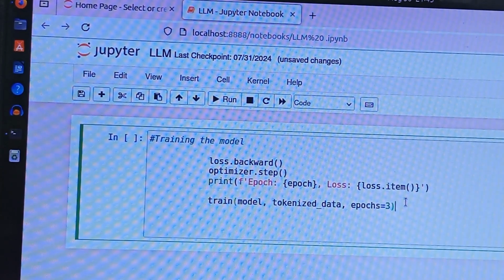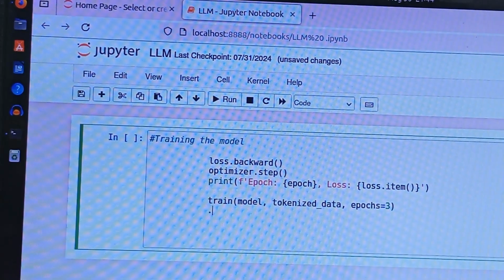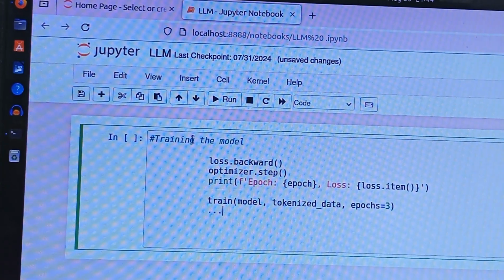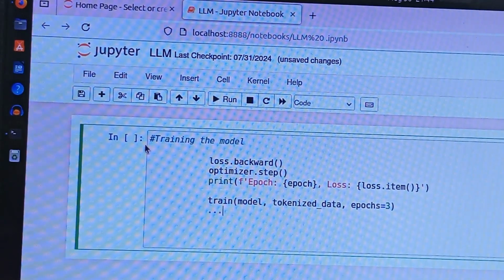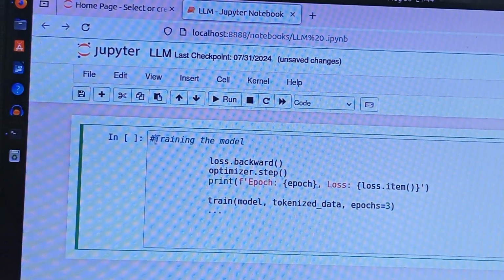So this is a train. Now the next part is the training of the model. So we have trained the model now. Now I'm erasing the data. Now the next part will be